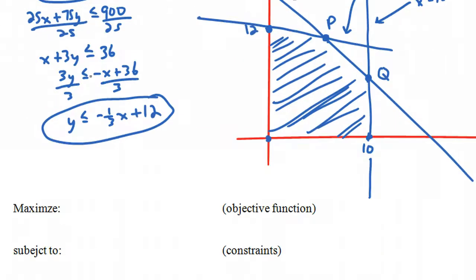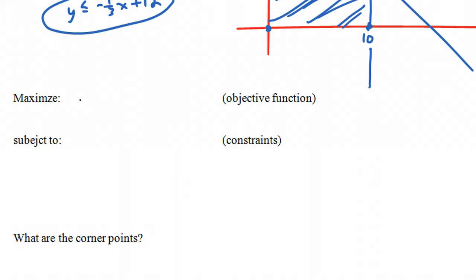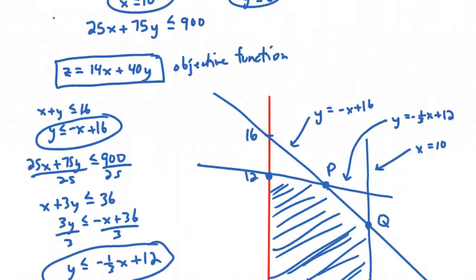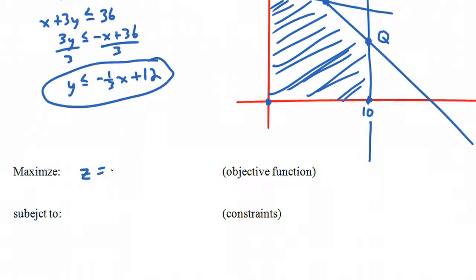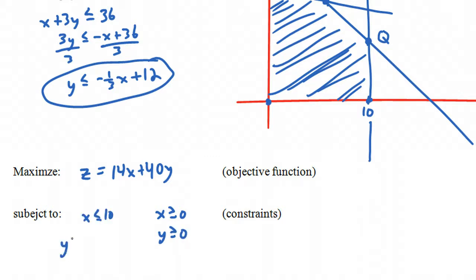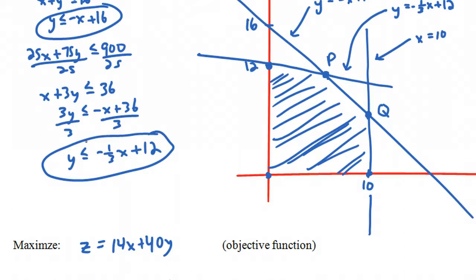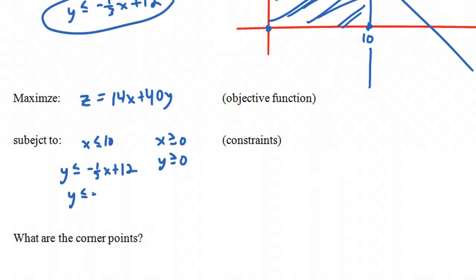Now, what we want to do, remember, is maximize our objective function, and our objective function was 14x plus 40y, subject to the constraints that x is greater than or equal to 0, y is greater than or equal to 0, x is less than or equal to 10, y is less than or equal to negative 1/3 x plus 12, and also y is less than or equal to negative x plus 16. Okay, so we have these 5 constraints here and one objective function, that profit function that we're trying